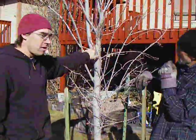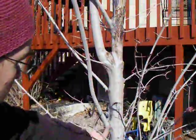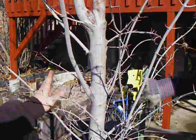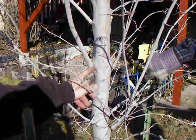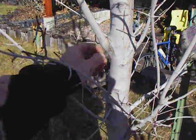This is called a branch collar. You can see the line coming down there. Also, this is a good one to look at here. Oh yeah. When you make a cut, you want to stay just to the outside of that branch collar. You don't want to cut right tight to the trunk, because the tree will never be able to heal. This is where the tree heals. So you want to be on the left side, kind of, as close to as you can without taking out